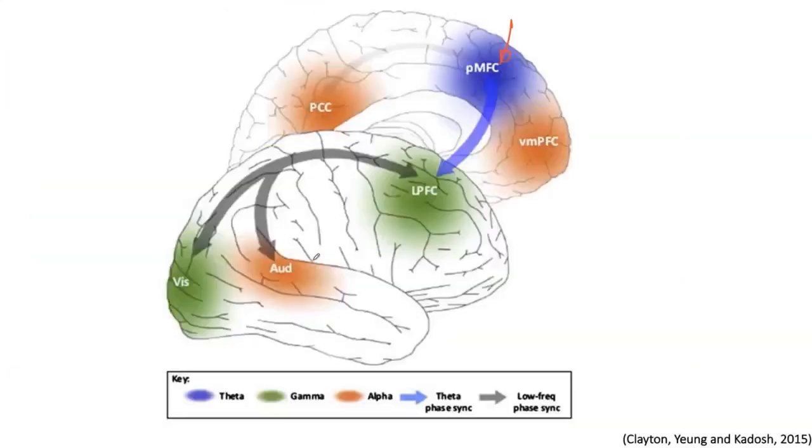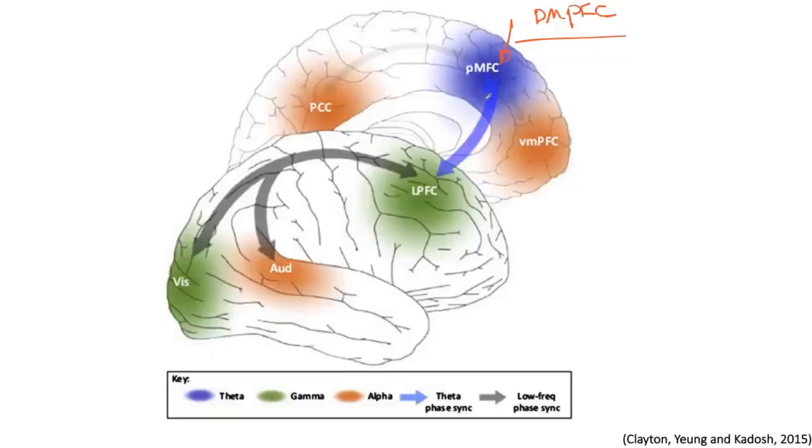This is right here. We call that, let's say, posterior middle frontal cortex, or something like the dorsomedial prefrontal cortex. So they start from here, and with theta frequency,